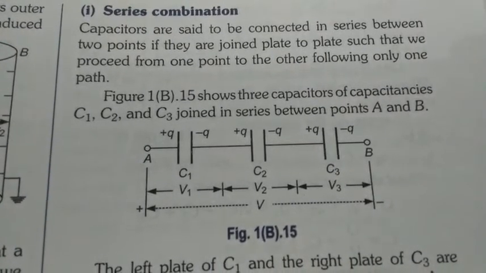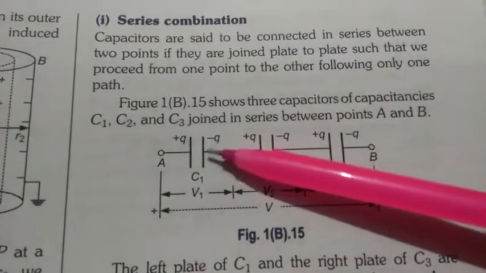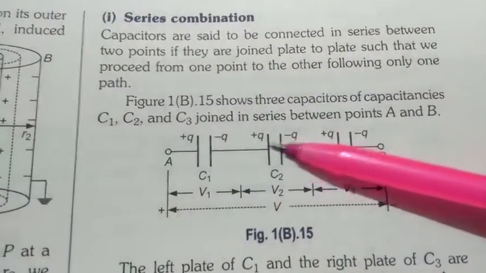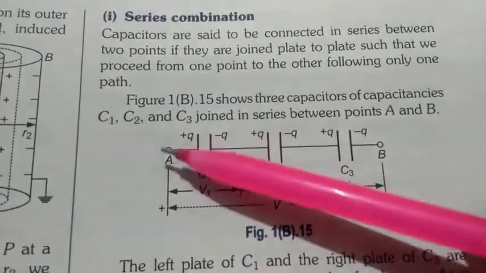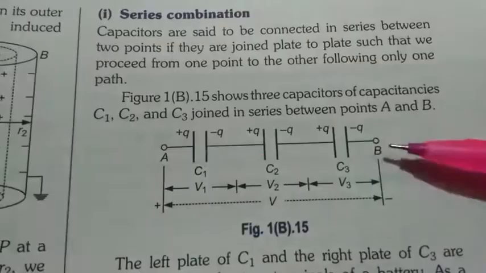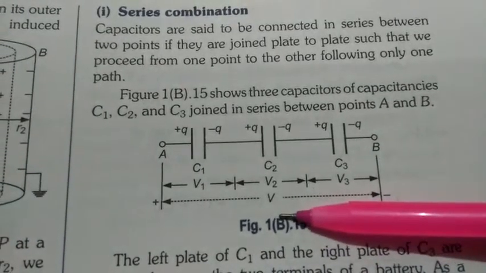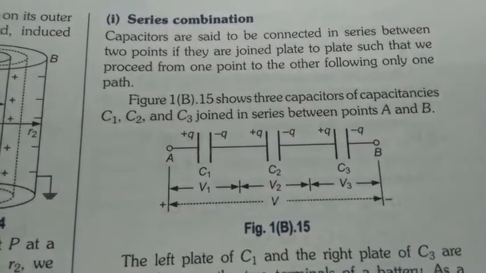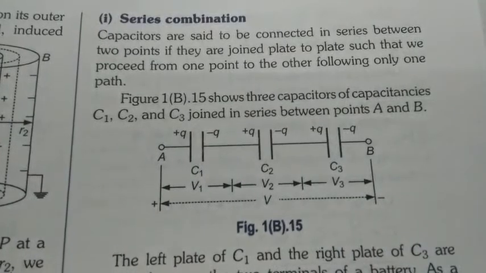So you all know how series combination takes place. When the end of one capacitor is connected to another, the end of the second one is connected to the third, and the end of the first one and the last one is connected to the source. At that time, this type of combination is called series combination. We have already discussed it in the resistor lecture.